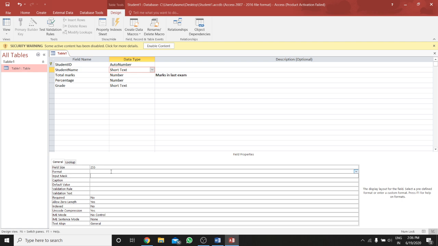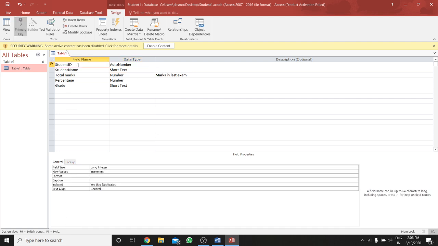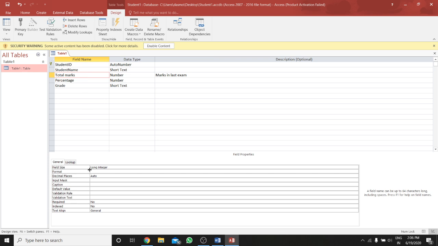We can see, if I take this number, it is written as number, or we can also have number or currency values.